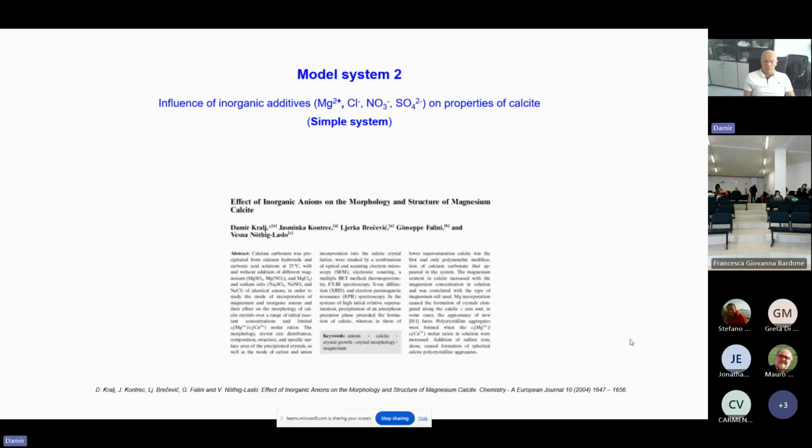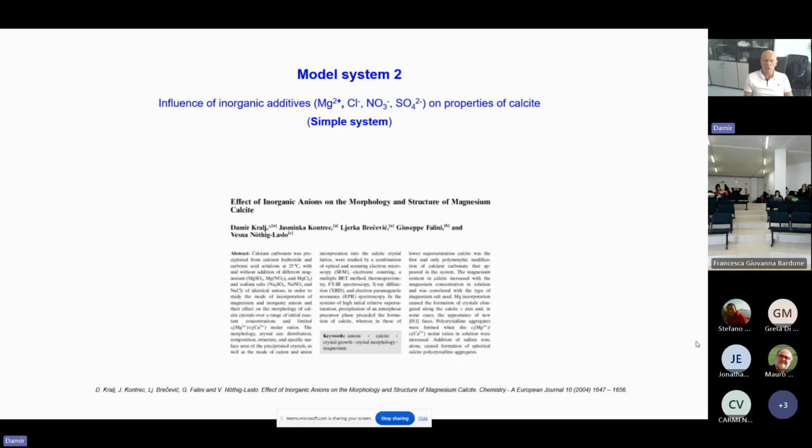In the following system, I will try to demonstrate the influence of inorganic additives like magnesium, but also the anions, on the properties of calcium carbonate. We apply these additives in a simple system. I should remind you that in previous experiments in a so-called simple system, we had